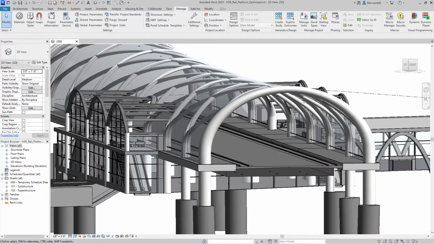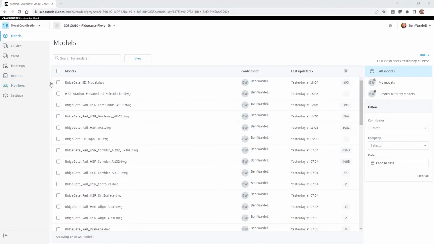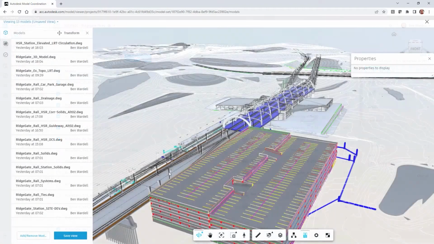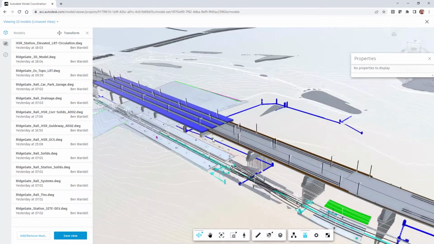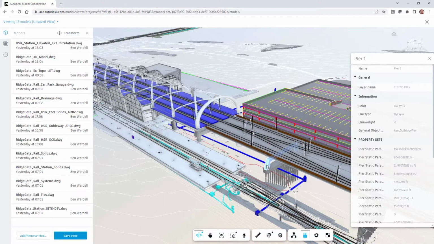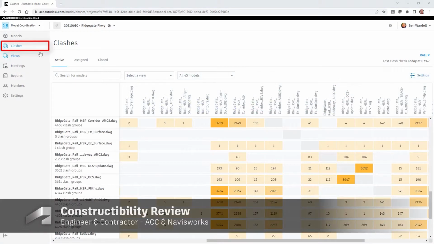The Model Coordination module adds valuable insight to the constructability review process. Model views are set up as part of the interdisciplinary design coordination process, enabling the team to view an aggregated project model. Clash detection features